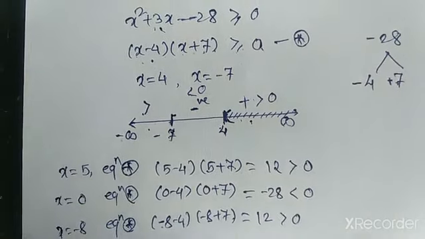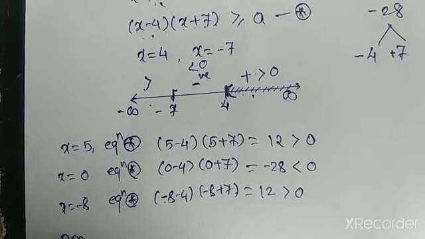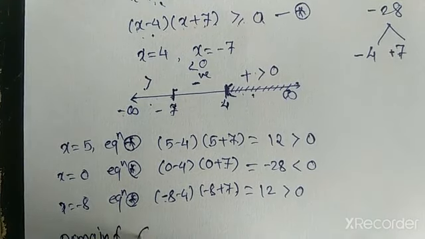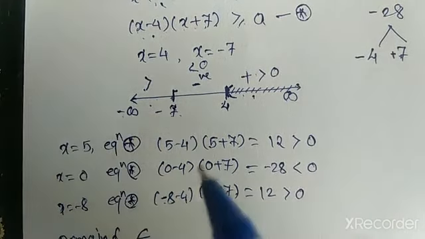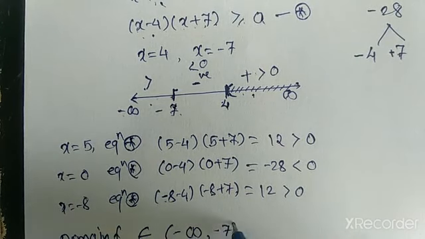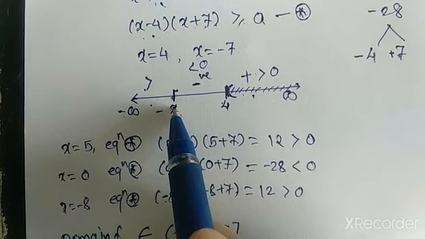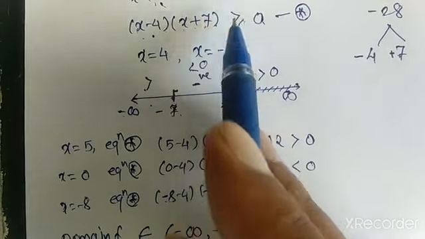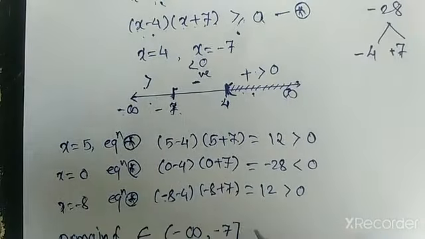So our domain set will be: domain of f belongs to the interval minus infinity comma minus 7, closed here because if it is 0, greater than or equal to 0, we have no problem. Union,